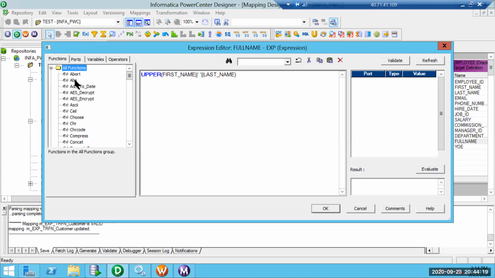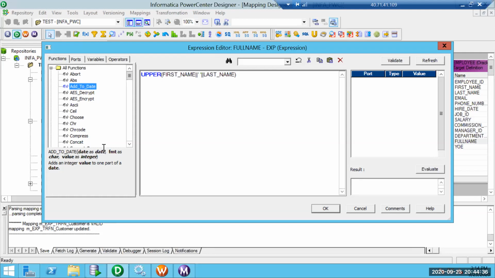So absolute value, which is going to return the value without any negative sign. Add to date: if we want to add year or month or date, we can use add to date.